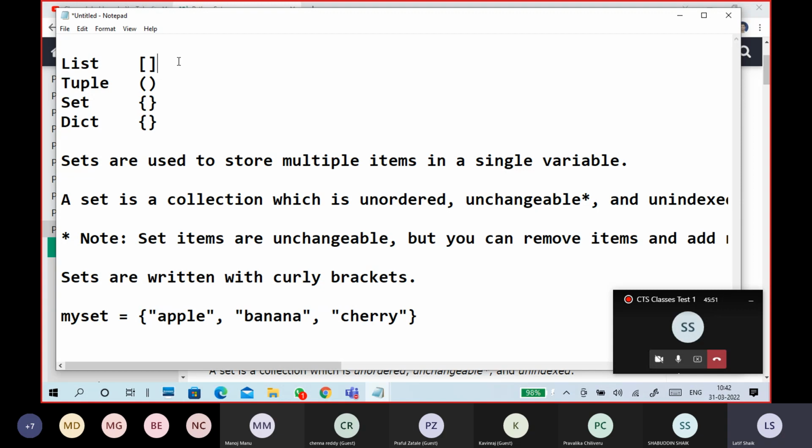So this is the first difference. Next, a list is ordered and changeable, a tuple is ordered and not changeable, but both allow duplicate values. A set has no order, and we can't change it. We can add and remove values, but we cannot change a particular value.